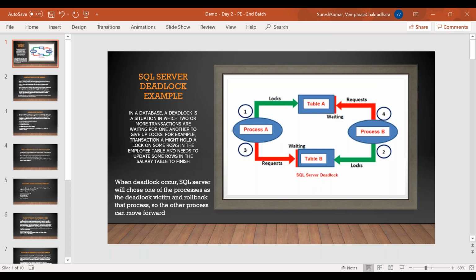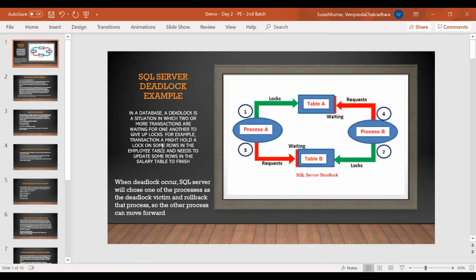The table is locked by transaction one, but transaction two is trying to do another transaction on the same table. That time there will be a problem, so there might be a chance of a deadlock happening. So this is the deadlock.